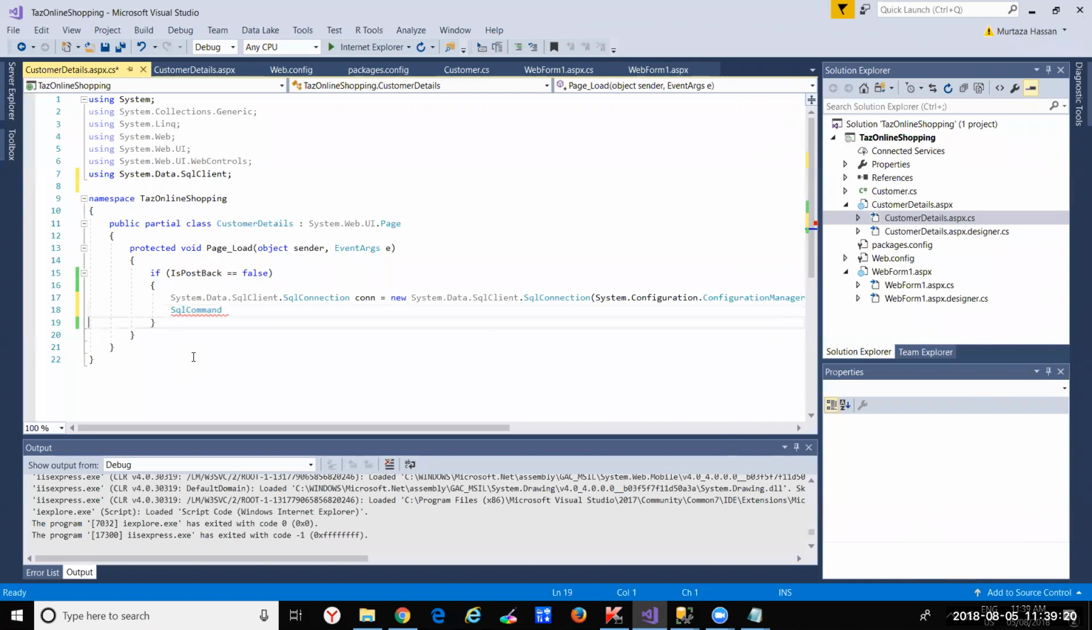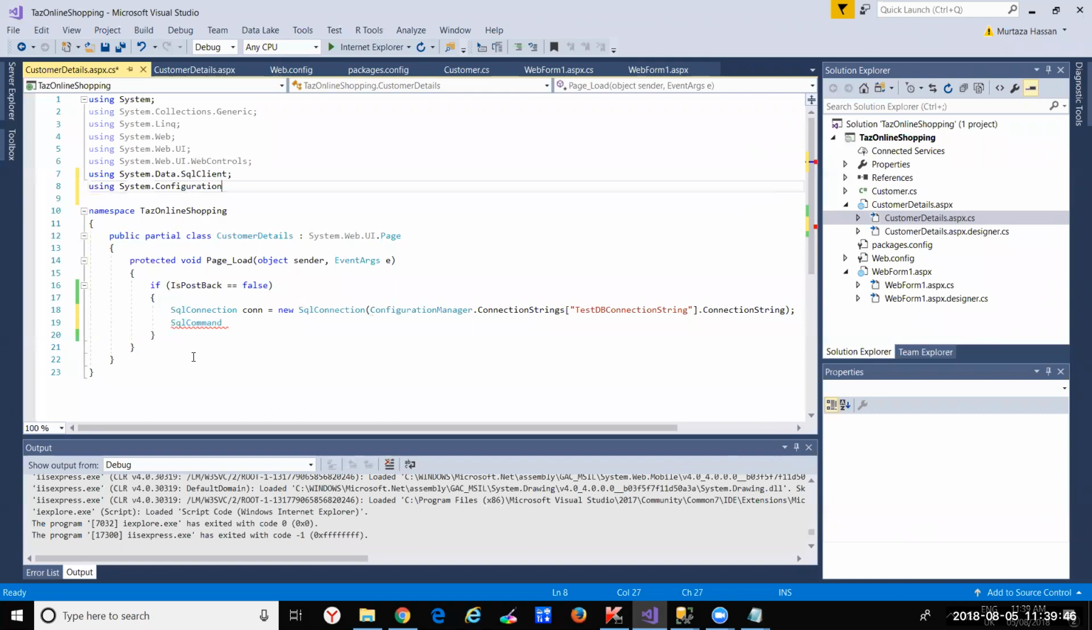Okay, so the SQL command, and the same we can do here, because they're both using the same namespace. So we can go here, SQL connection here, and even this configuration, we could just take this out and write here, using System.Configuration. We got that here. Now if we go command, we'll just write here command cmd equals new SqlCommand,